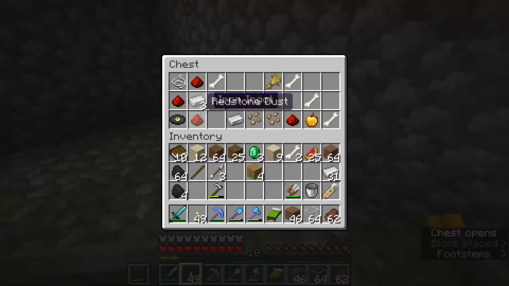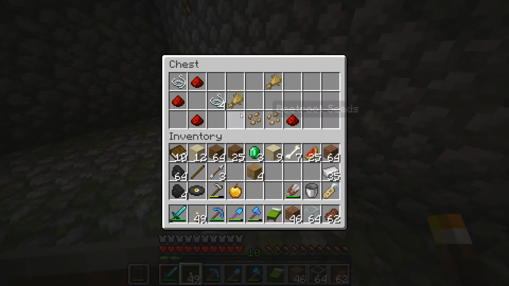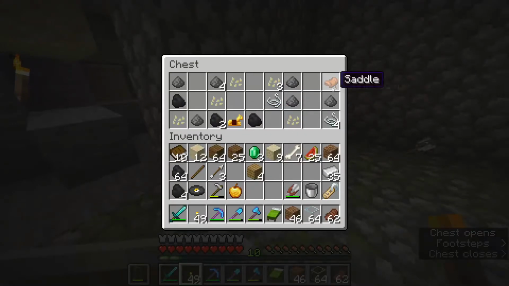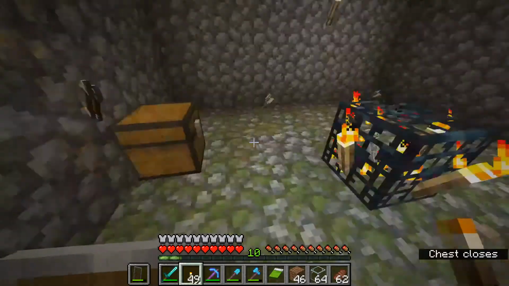Okay, we're going to check these chests here. Oh, we got a music disc. That's pretty cool. And a golden apple. Okay, that's pretty amazing. Some bones, a little bit of redstone, which I'm going to leave in there for now. Some string. Some golden horse armor and a saddle. That's cool. I am going to go ahead and leave them there for the time being, because we will definitely